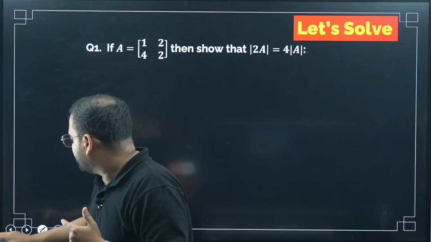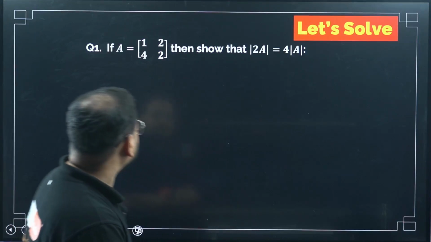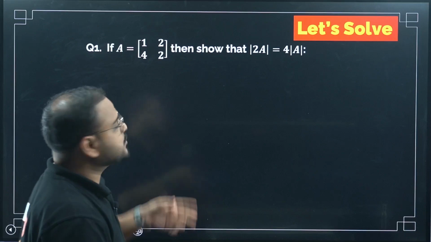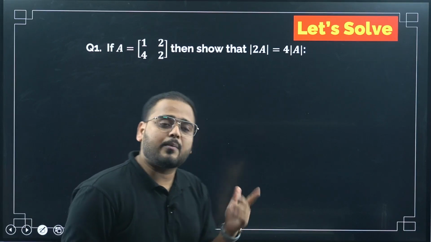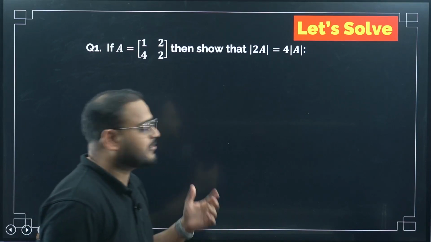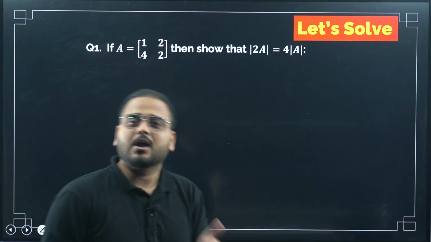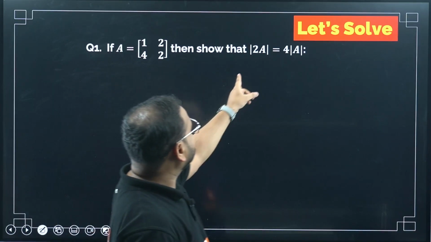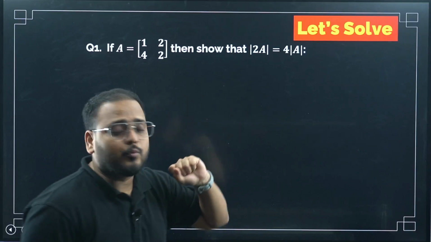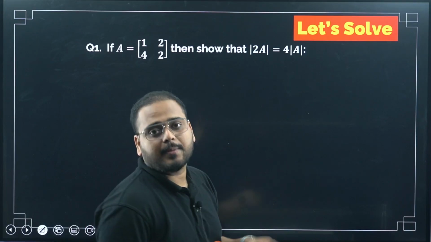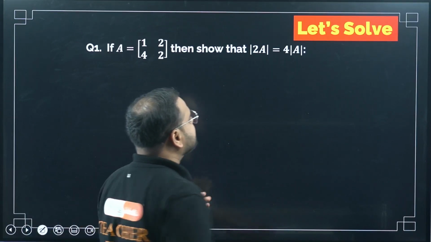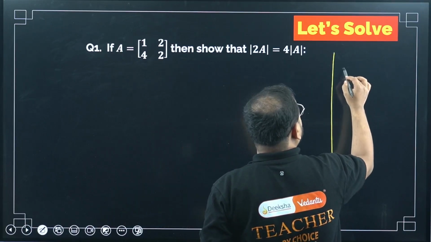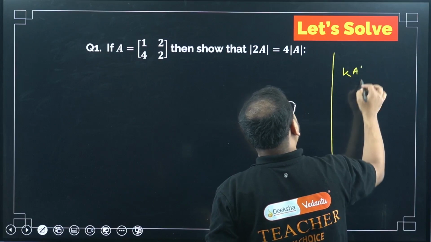So moving on, the first question coming up is: if A equals 1 2 4 2, it's a square matrix, right? Square matrix revision I've already done, so some references I'll take directly from there. I hope you don't mind. So for the square matrix 1 2 4 2, show that determinant of 2A is equal to 4 times determinant of A. Yes, there is a property like this, you can directly write it like this: